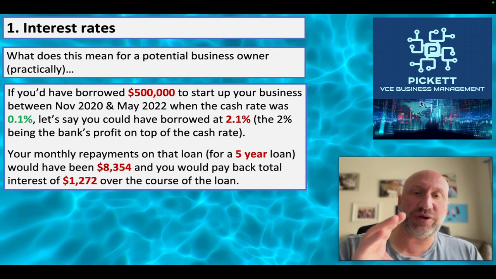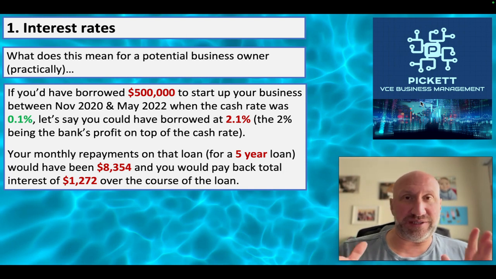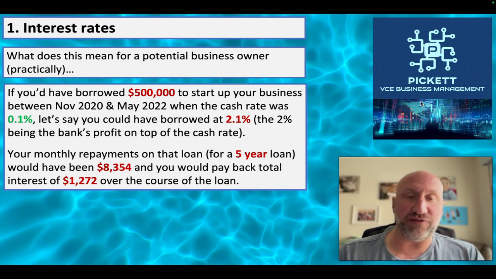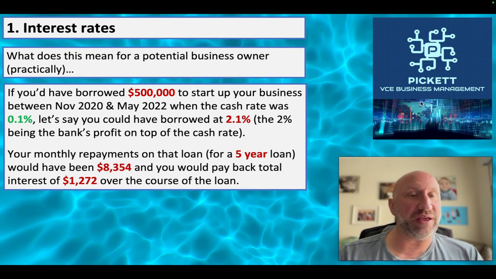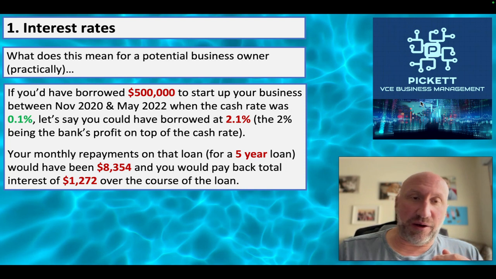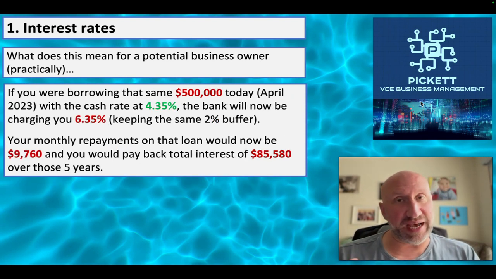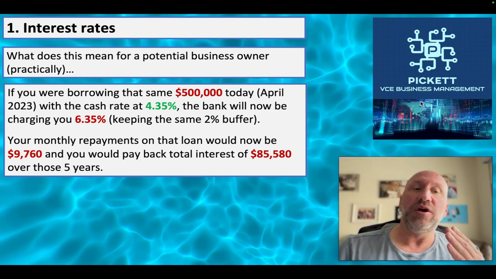So you took out your loan. Your monthly repayments on that loan, if you were taking the loan out for 5 years, would have been $8,354. Over the entire life of the loan, the 5 years, you would have paid back interest of only $1,272. Now, if you were borrowing that same $500,000 today, April 2024, actually, not 2023,